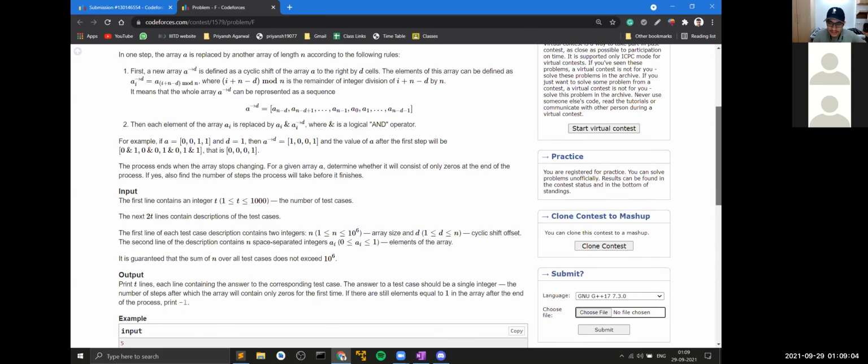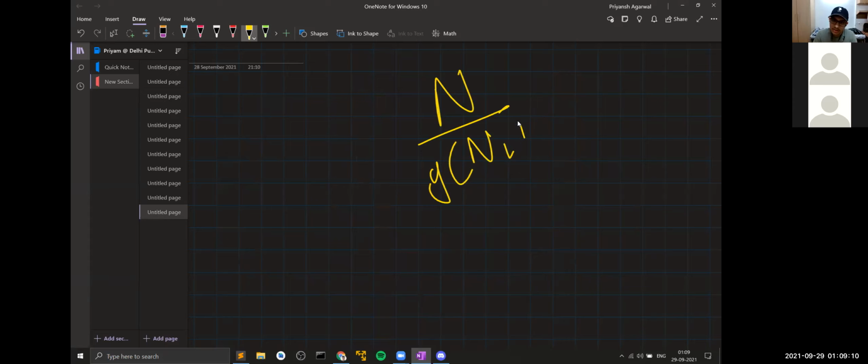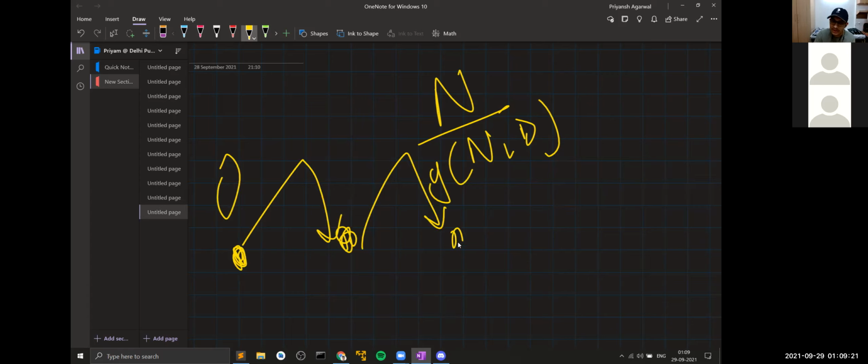Right. Now, can you see that after certain steps, which are n divided by GCD of n comma d, you would come back to your same place. So let's say I tell you that this element is a 0. This would go to index i plus d and make that element a 0. It would go again and make the next element a 0. Why will it make all these elements 0? Because this is already a 0. If you take AND of this element with any other element, this would become a 0. Once this becomes a 0, changing the other element, it would become a 0.